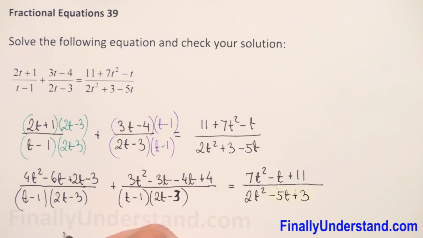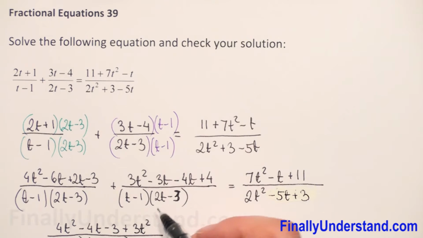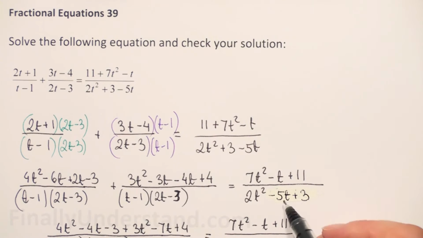So on the left side, we can add these two algebraic fractions. We will copy the denominator and we will add numerators, and we combine the like terms. So we have 4t squared minus 6t plus 2t, so it's negative 4t minus 3, plus we have 3t squared, and we have negative 3t and negative 4t, so this is negative 7t plus 4. And this is equal 7t squared minus t plus 11 over, and now we have here quadratic trinomials,